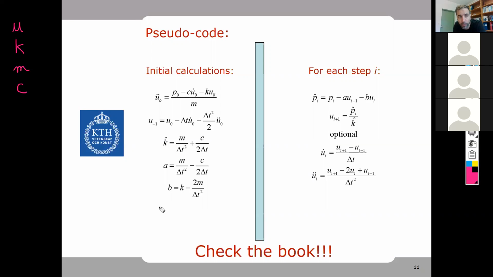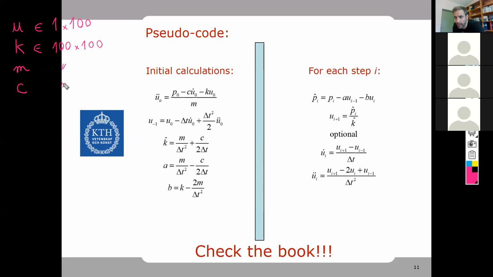In practice, when we do a finite element model of a structure, we're going to probably have thousands of degrees of freedom. But let's say that we have 100 degrees of freedom, then our displacement will be a vector, which is 100 long, okay? And our stiffness will be a matrix, a stiffness matrix, which is 100 times 100. And the same is true for the mass and the damping,